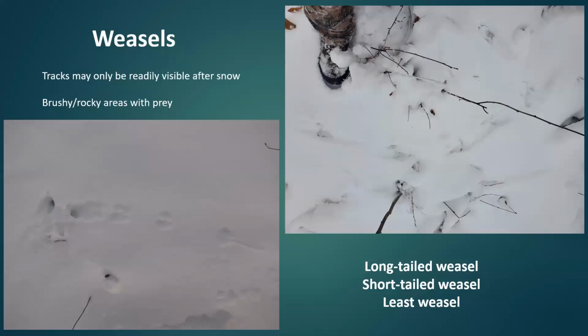Now, weasels, these little guys, we don't see tracks from them very often. In general, it's not until we get some good snow that we can even know they're around. But we do have weasels out there. Actually, all three are possible, not likely, but least weasel, short-tailed weasel, and long-tailed weasel, all three are outside chances